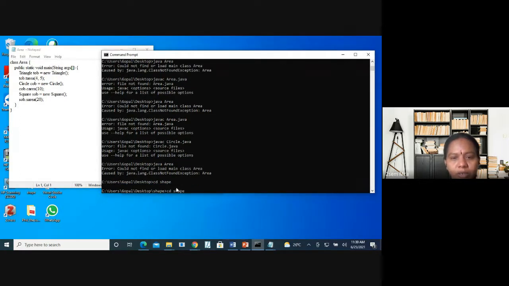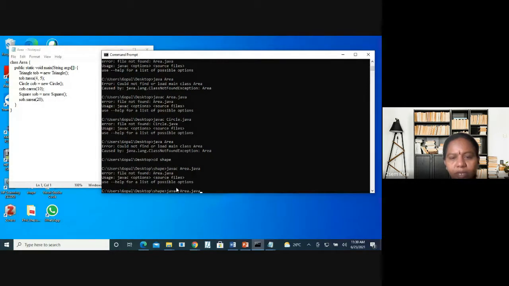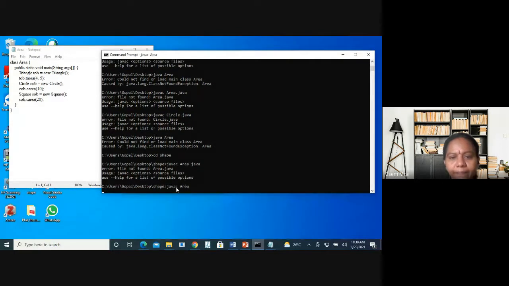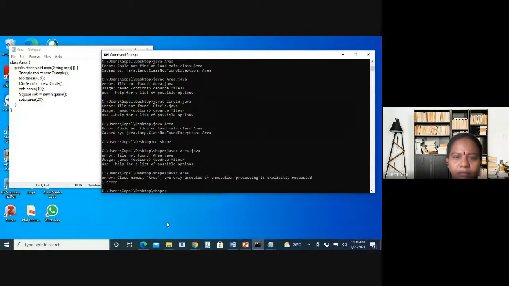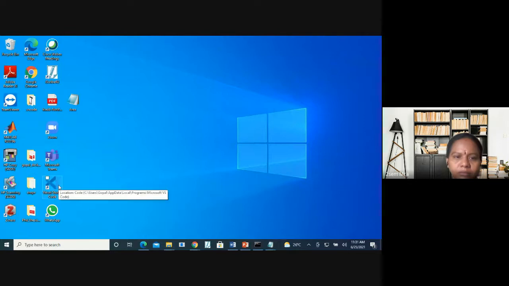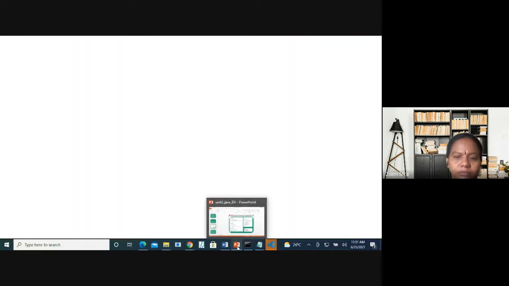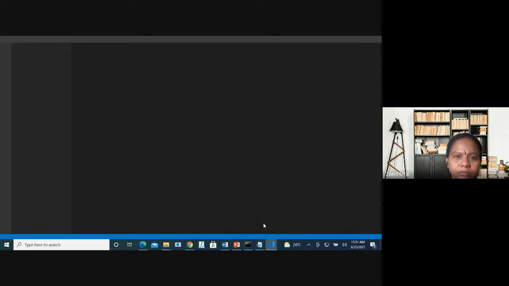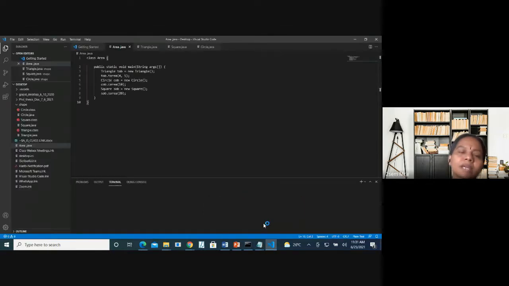Now Java circle. Circle we have done. Area. It's saying file not found. This is a problem with the. One second. Same thing I have done even in the